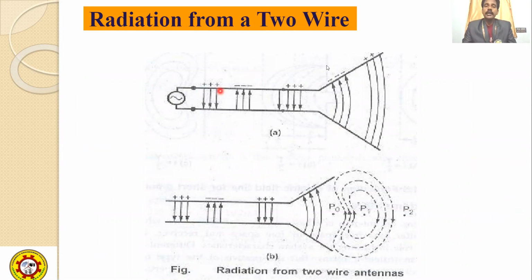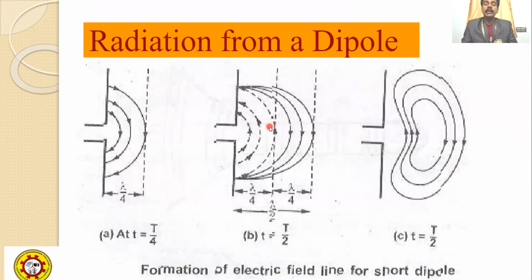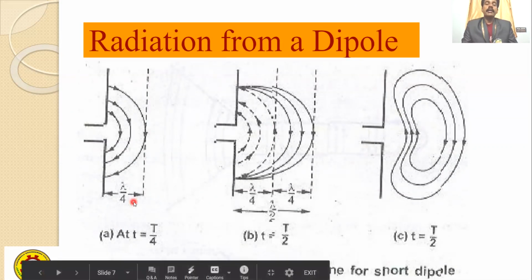For example, the two-wire case is very simple, a very simple phenomenon to design. Take two copper wires and excite them with a battery or some electrical voltage source. With this, the net radiation will automatically be measured along the wire. Therefore, your wire acts as an antenna. Similarly, if you have a dipole, the radiation from a given dipole, this dipole will act as an antenna through its excitation.